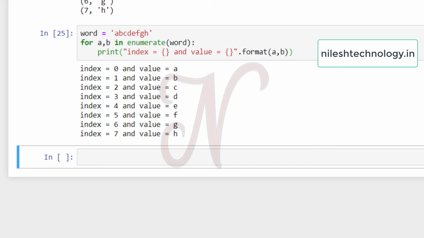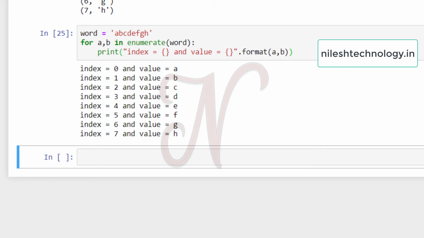Okay, so it can be automatically managed because every letter or every character is enclosed with its index automatically, and this pair indicates the one tuple.